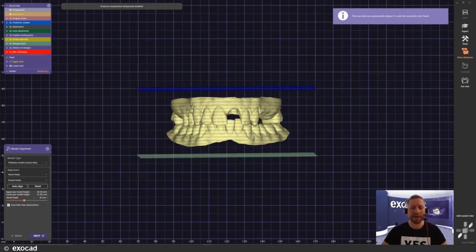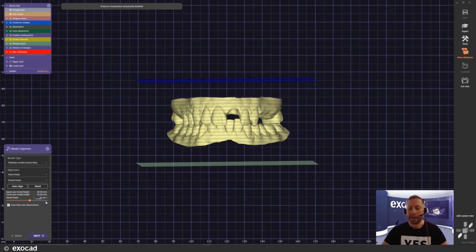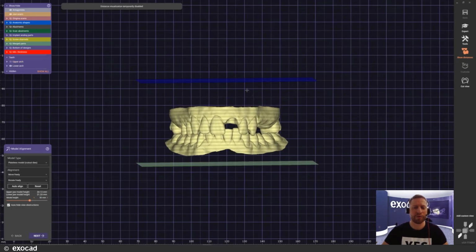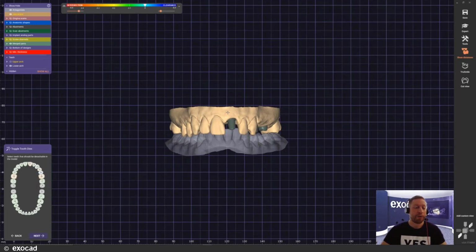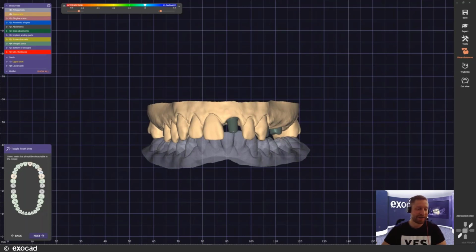Here's our alignment. And since we have to consider that they're model analogs sitting in the upper jaw, the first thing I'm going to do is extend the model height to 50. That's something pretty much convenient for me. I know the height of the analog, so I just drag down the model itself a little bit to give it a little bit more room and space here. I'm fine with that, and I just keep on continuing. The workflow itself and how we go through it is pretty much the same, just of course for a couple steps that are reconsidering the analogs and the fact that we're dealing with implants in this case.